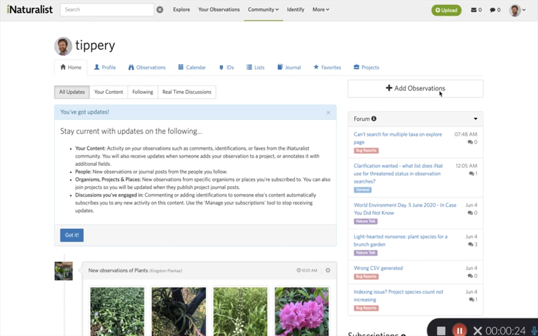Over here is Add Observations. There's a big button on the app that also is an Add Observations feature. On the app, you can do this live, so you can hit the Add Observations button and take a picture. If you enable georeferencing for your photographs, then all that data will be contained there already. What I'm going to do is upload from my desktop computer here, and we can get kind of the same experience. So I'm going to click on Add Observations